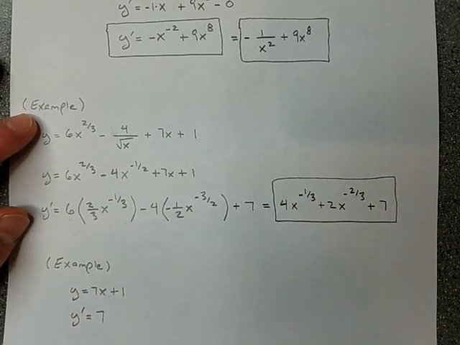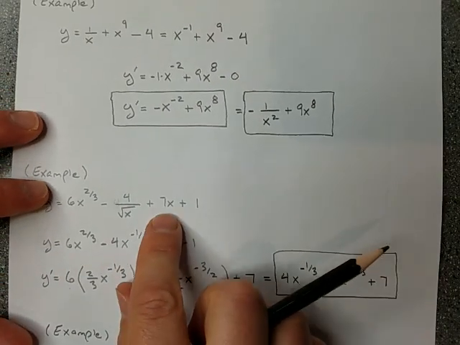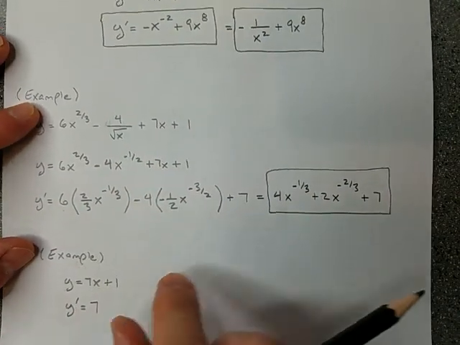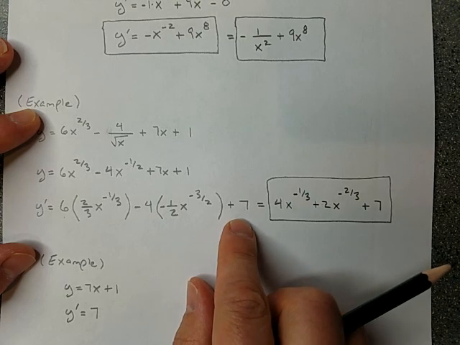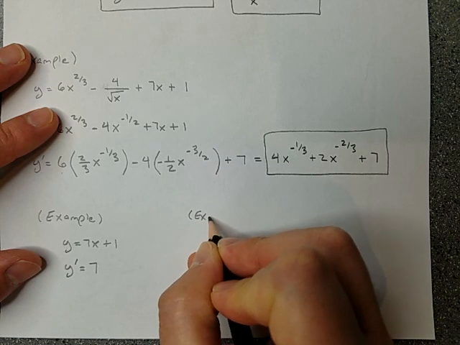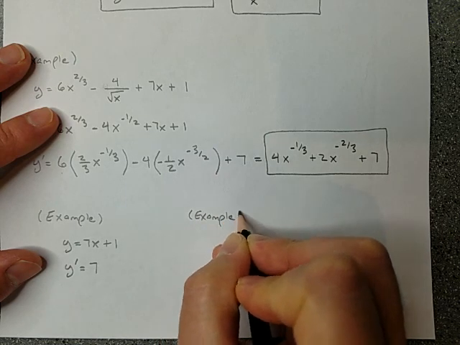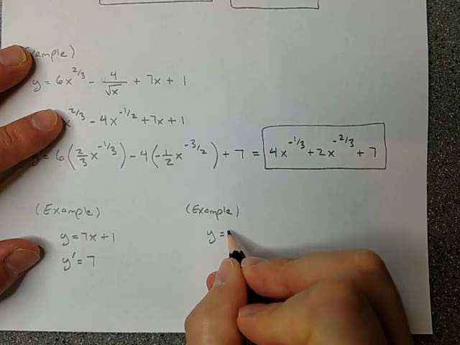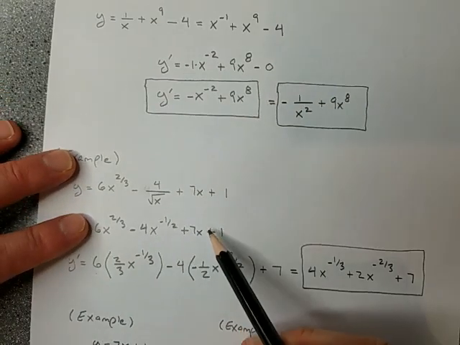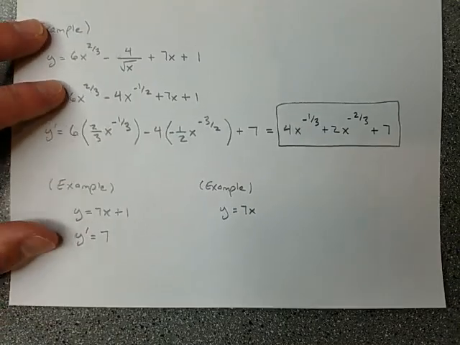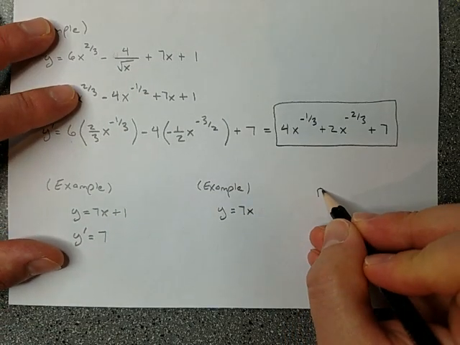Let's talk about this. This 7x deal, that could be a little tricky. You might not like the way that I did it. You might not like the way I came up with 7. Okay? So let's think of another way to look at it. Okay, so here's another way that you could look at it that would work for us. So say you got to the 7x and you're wondering how do you find the derivative of that? Okay? Can you use this rule